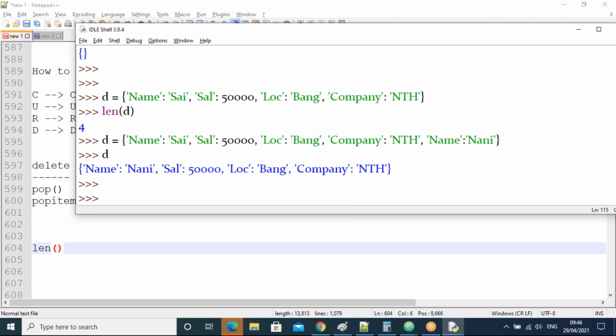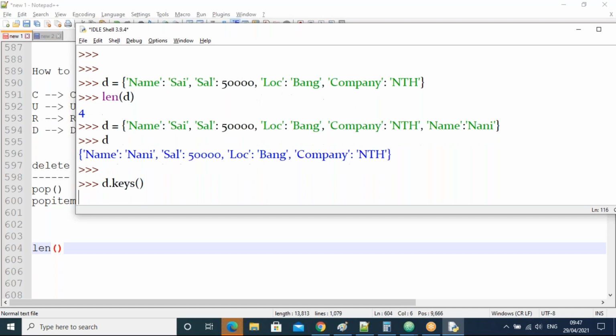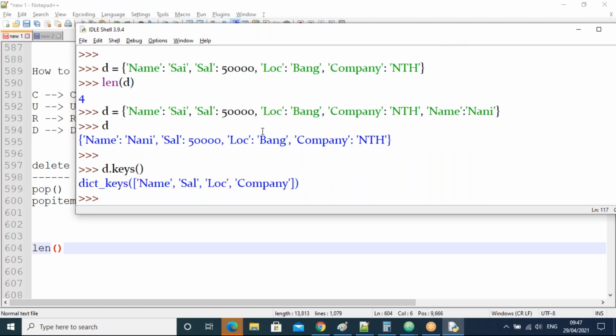Next, I want to get all the keys, guys. So d dot keys. I want to get all the keys. See, name is there, sal is there, location is there, and company. As the function name we used d dot keys, guys.